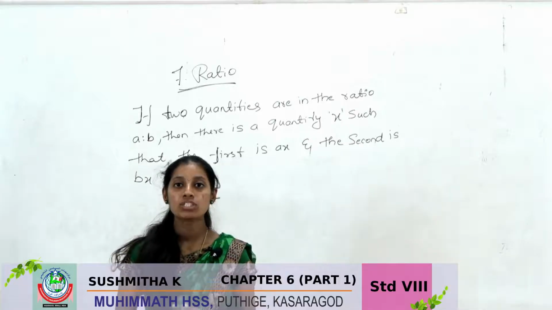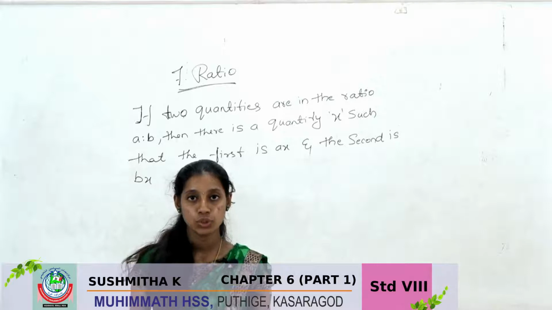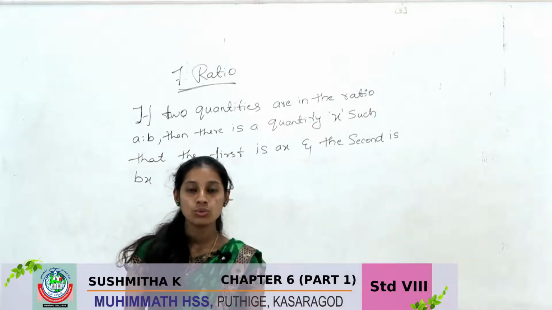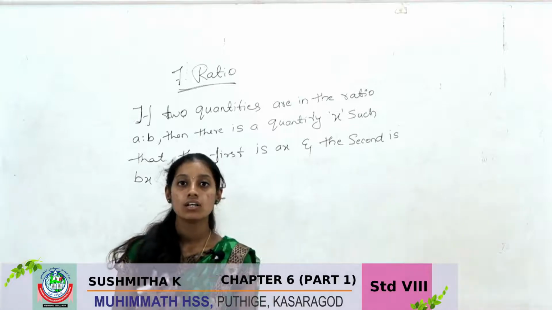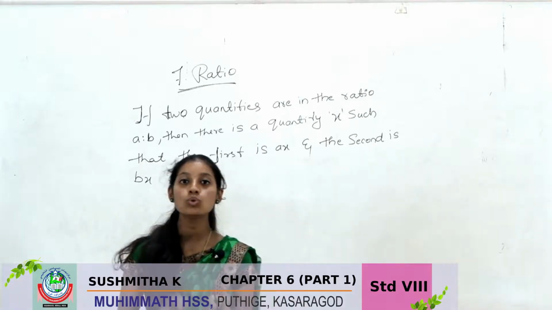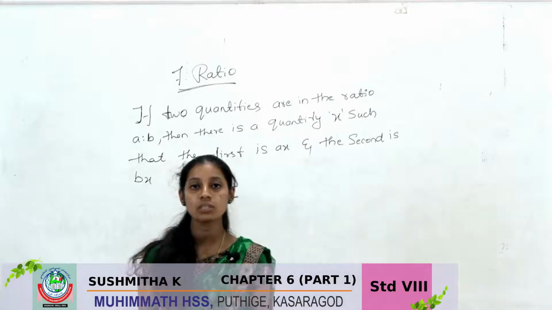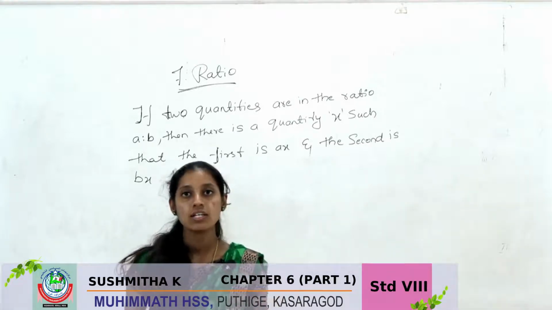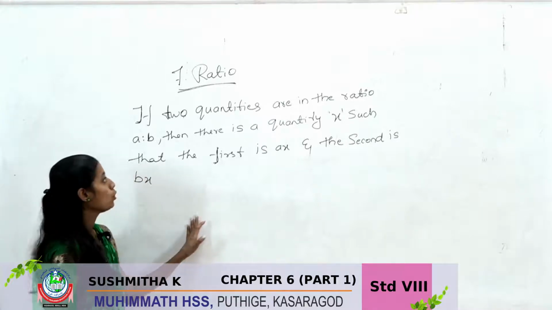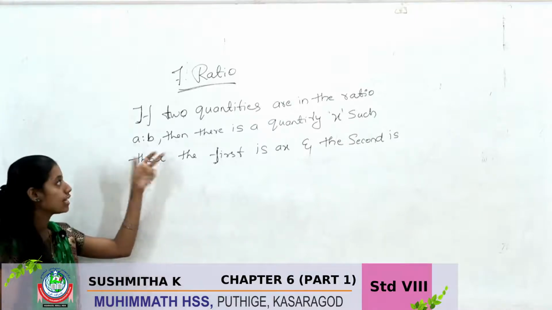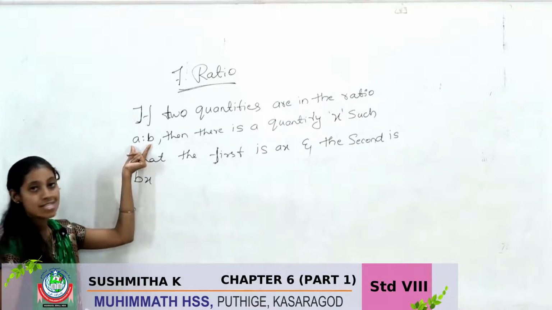We are discussing the new chapter, ratio. So what is ratio? Ratio is nothing but the comparison between two quantities, or the relationship between the two quantities. Here, if two quantities are in the ratio A is to B,